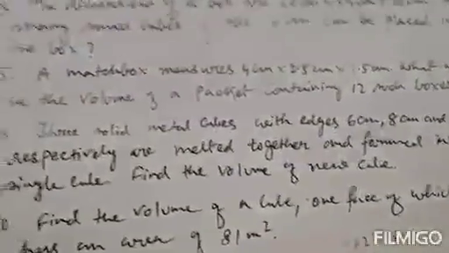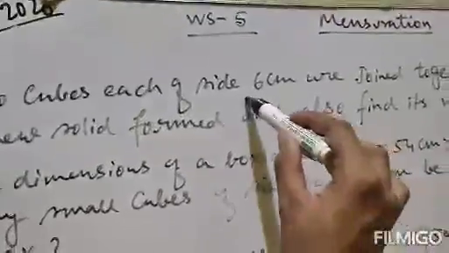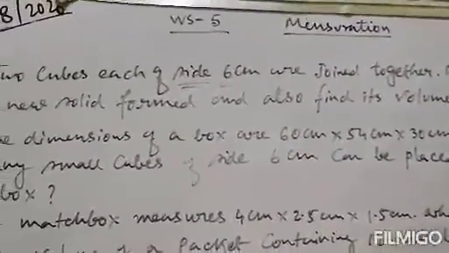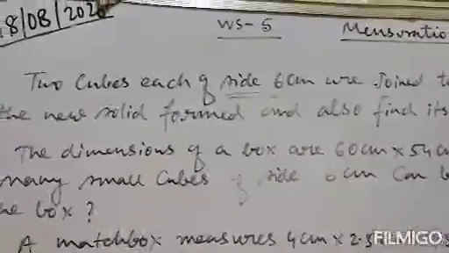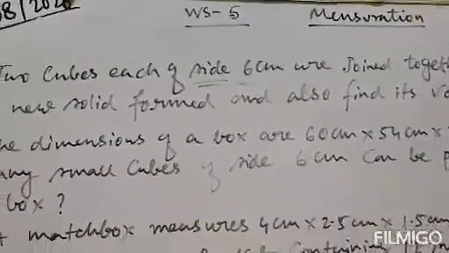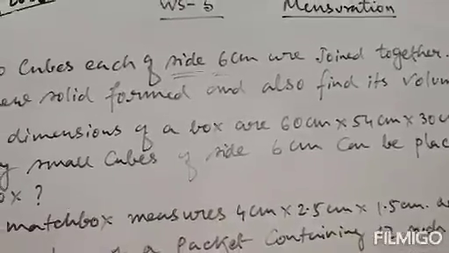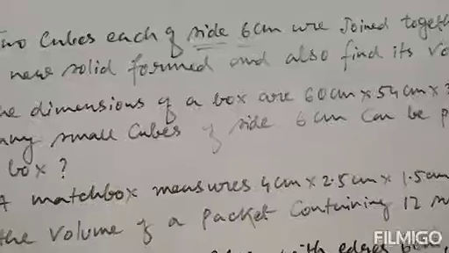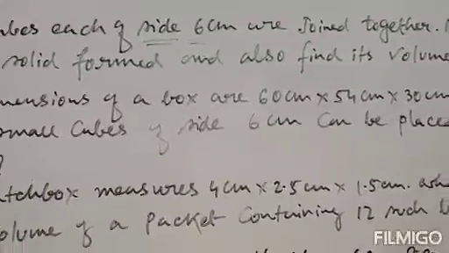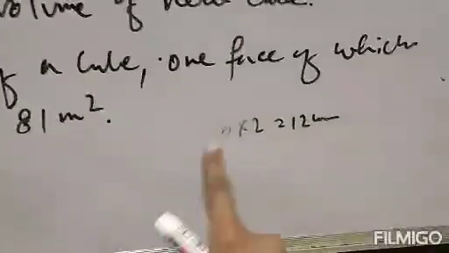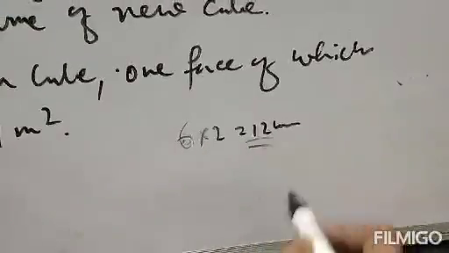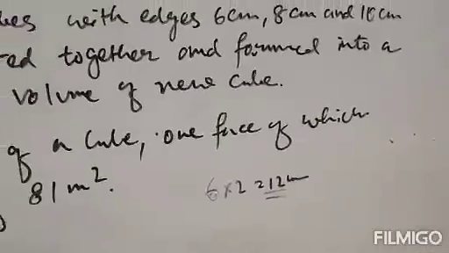That is the concept. Because two cubes, they have length 6 centimeter, because side means length, breadth and height are all the same in case of a cube. That means here length will be 6 centimeter in case of a cube, and when two cubes join together, the new solid will be a cuboid, and the length of the new cuboid will be twice the length of the cube. So twice the length means twice into length. Length was 6 centimeter in case of cube, so 6 into 2, 12 centimeter will be the length of the cuboid. That is the concept. Clear? So here length will be 12 centimeter.